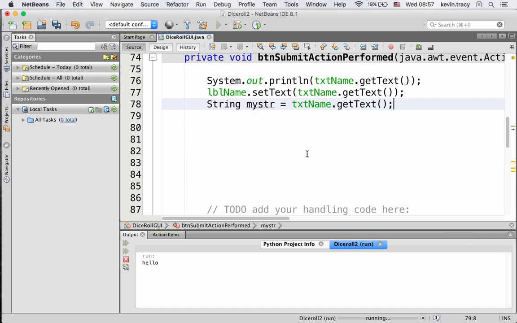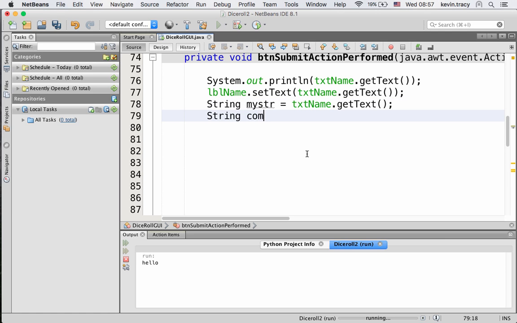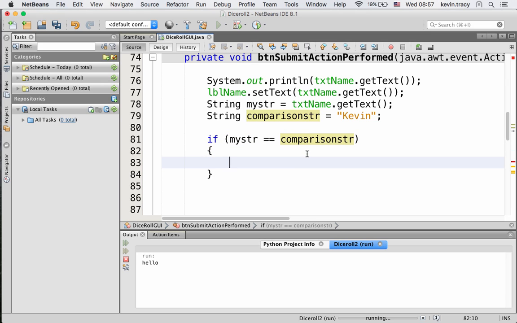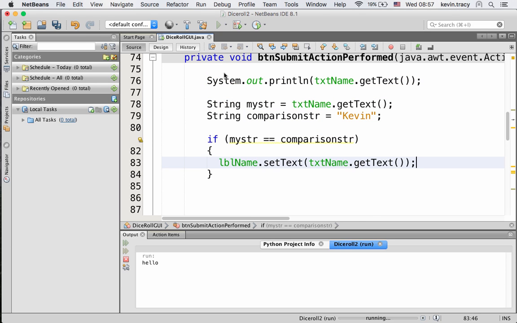Okay, and we can say a string comparison string equals Kevin, and then we can say if my string equals comparison string equals, and it's a condition, so we can do that. We'll take this and we'll move it, so it'll only change the label if we do that. Okay, so